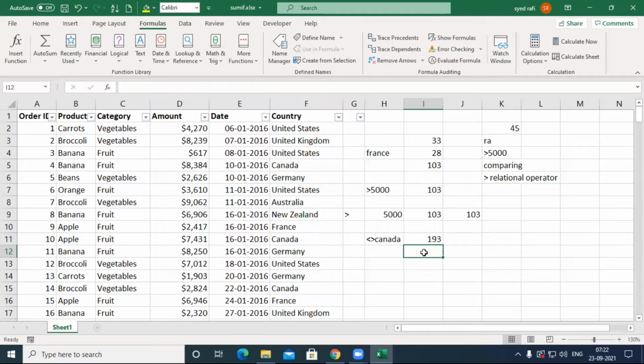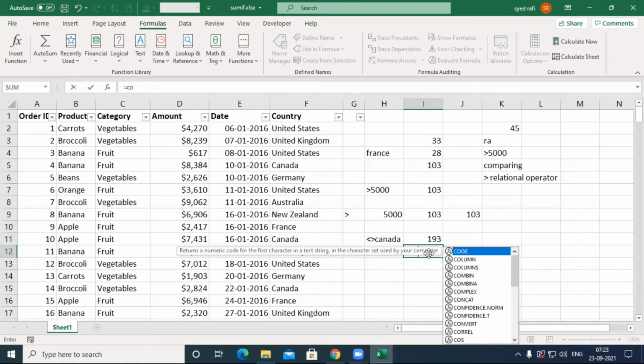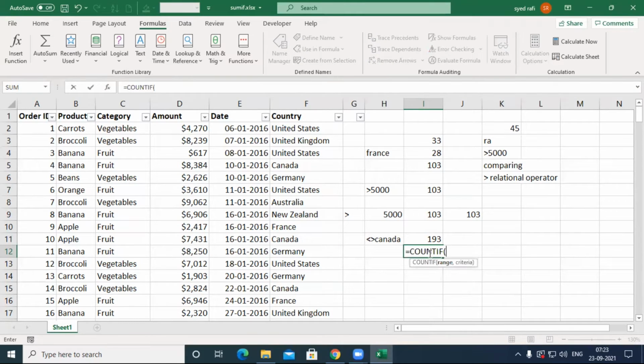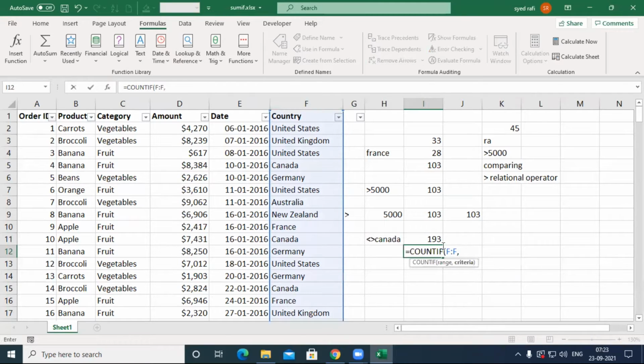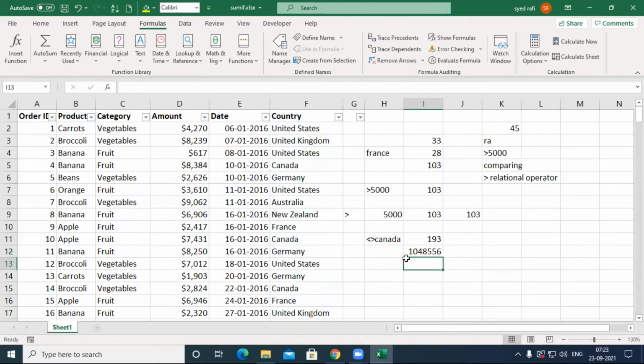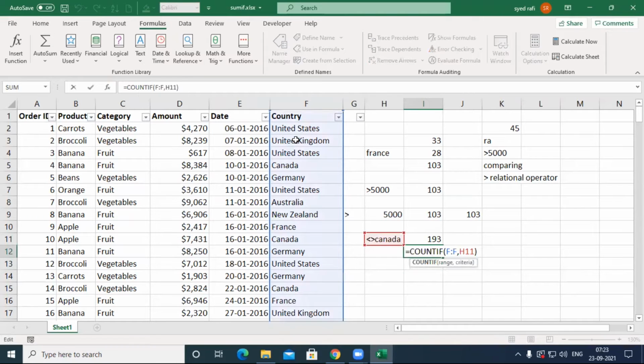If I select the range like this, equal to COUNTIF, you must select this range, comma, and this one. Sorry, what happened? Equal to COUNTIF, you must select this range, comma, you must select this one. What happened?